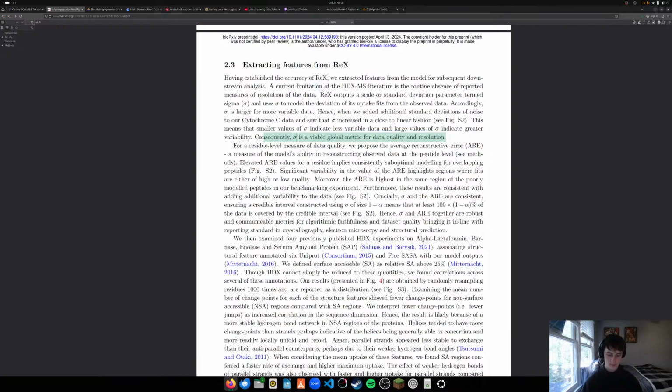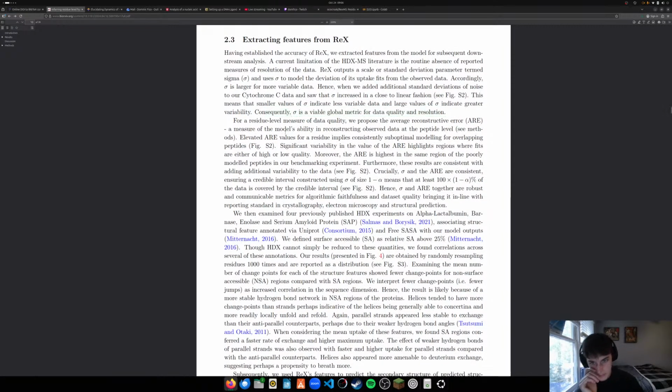So if you take two experiments and they have different temperatures, the distribution would be the same, but there's going to be a different level. So I don't know if it's a good viable global metric for data quality and resolution, but for residue level